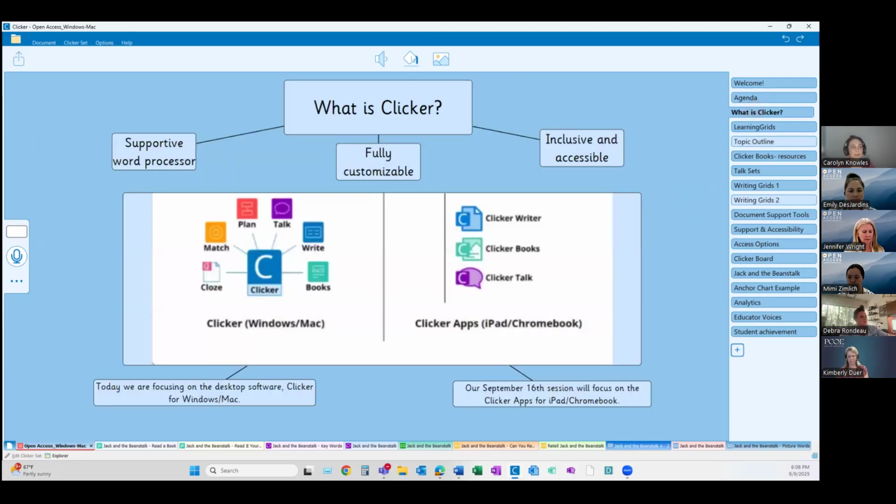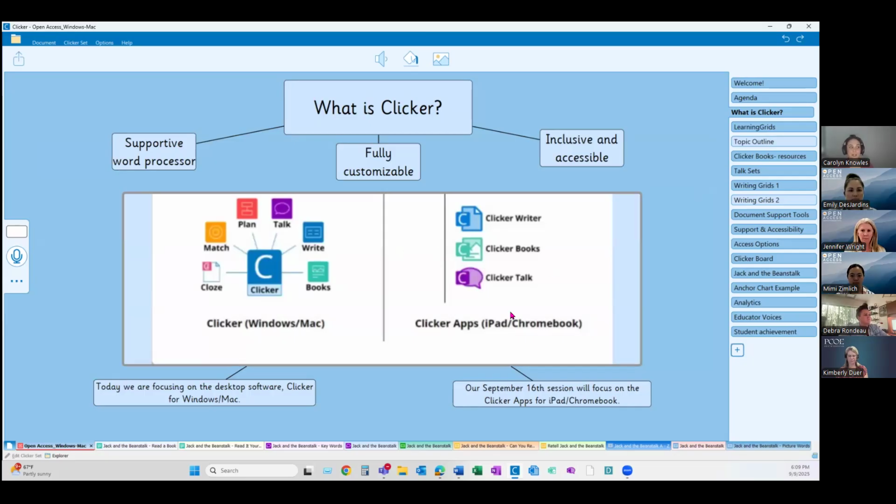So first, I wanted to start with what Clicker is. And Clicker is essentially a supportive word processor. It's been intentionally designed, like I said, with UDL in mind, and really with the goal of providing a tailored learning experience and opportunities for expression and participation for learners, no matter the needs that they have. And Clicker is fully customizable, as you're going to see today, from the basics like display settings and speech support to scaffolded writing support. And it also includes resource activities to support the writing process, but also some tools for teachers and educators in the planning stage of things as well.